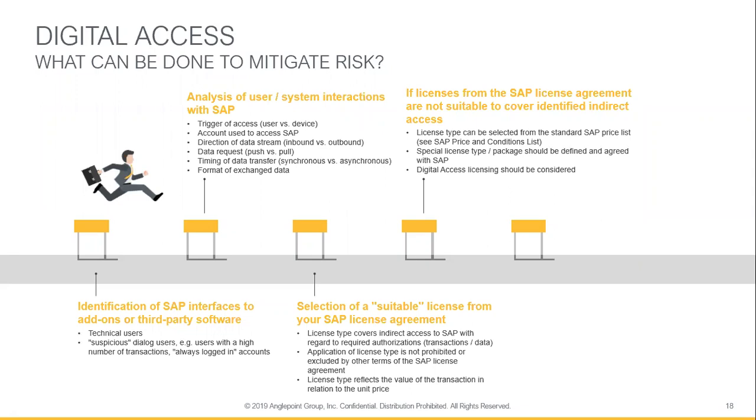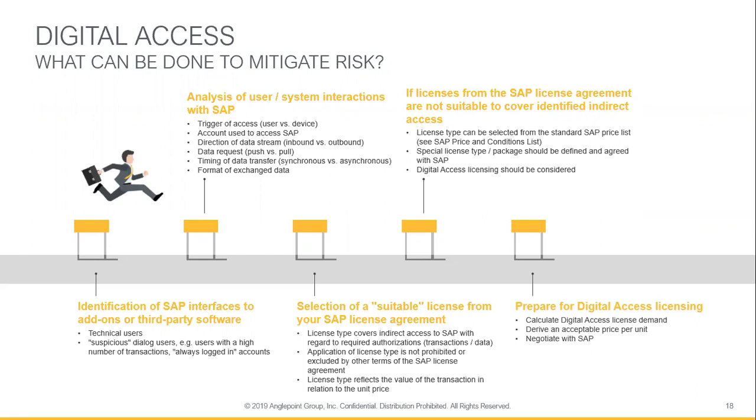The reason is because digital access might not be the best approach, right? We want to evaluate all of the options, and digital access is just one of them. So that's that step, right? We want to make sure that we've exhausted all of the potential options. Once we've exhausted all those potential options, then we prepare for licensing through digital access.